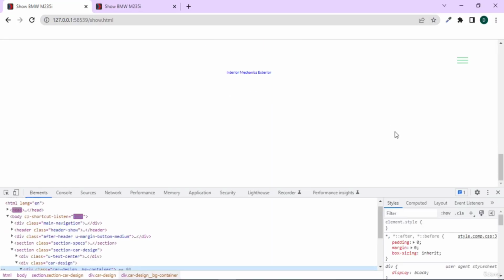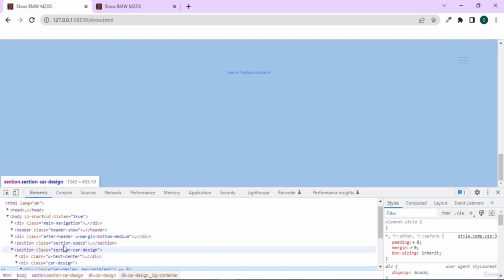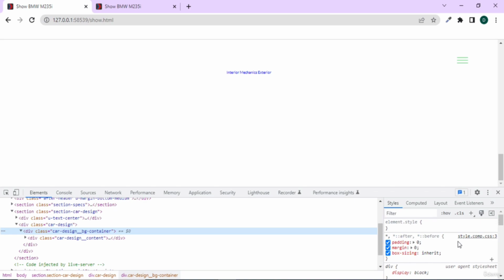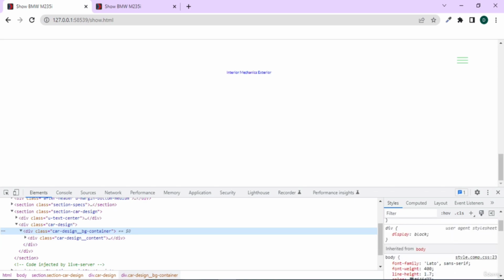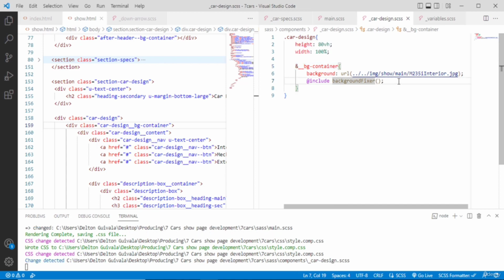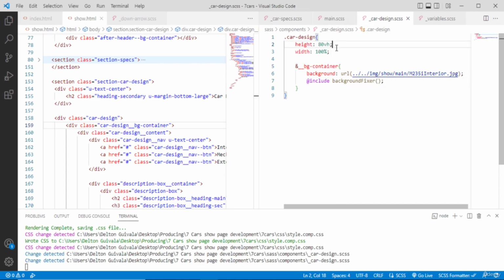Windows 3. Is it reaching here? Our background container. That style is not reaching here. Hover. We have card design. Okay, background container. The class is well written, so I'm facing a bug that I don't really know how